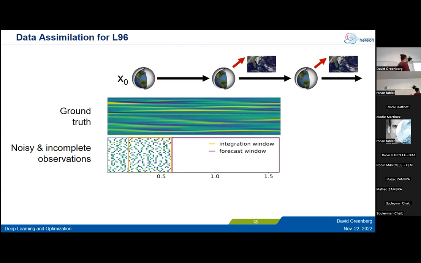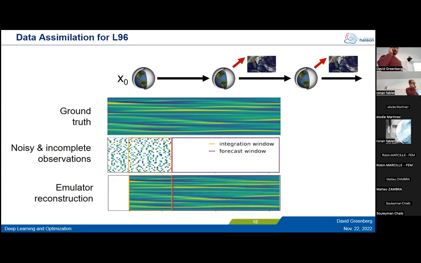And so we have an integration window here in orange where we have access to the data, and we want to see how well we can then solve an inverse problem to reconstruct the system state in that window. That would be an analysis. And how well can we forecast the system state in the future? And indeed, it actually works pretty well. You see, at least visually, a pretty nice resemblance between the ground truth and the reconstruction